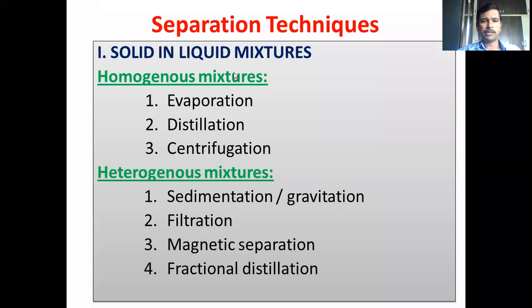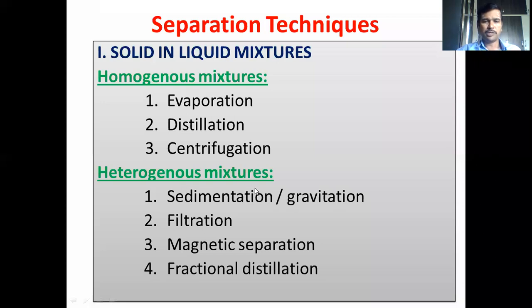So if you evaporate, the solid which is present in the liquid will be separated, and even in distillation, we can increase the temperature of the compound in order to convert that into vapor, and the vapor will be converted into liquid by arresting the vapor in a collector flask. And even in centrifugation, the solid which is present in the mixture will be settled at the bottom of the centrifugation tube, and the liquid will be present in the upper layer of that solid. So this is how all these three techniques become widely popular in order to separate homogeneous mixtures.